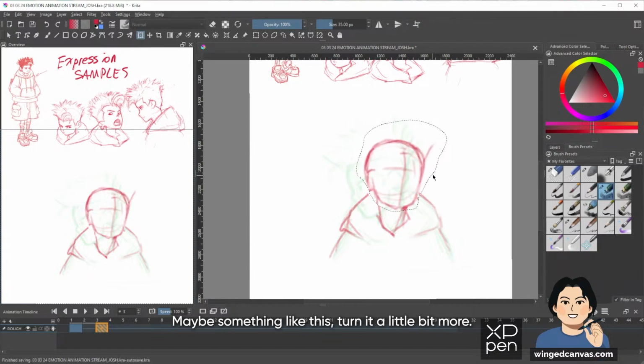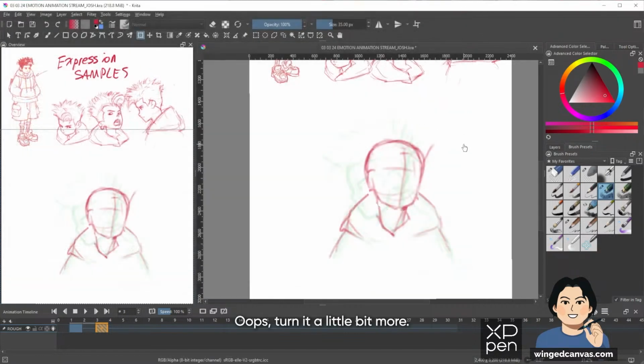Turn it a little bit more, and I think I'm gonna reposition this head angle so that it's more like this. Remember, we want big ears. And something like this, maybe. This could work. I feel like I'm feeling this.